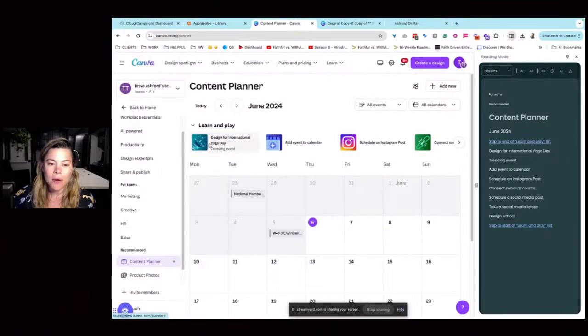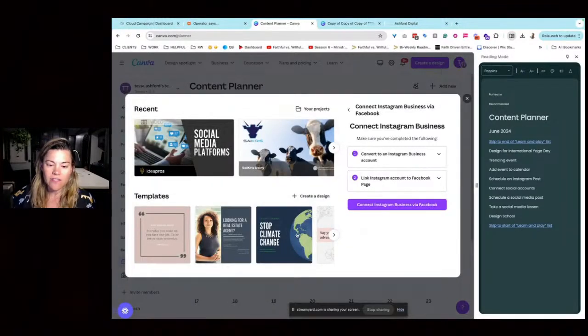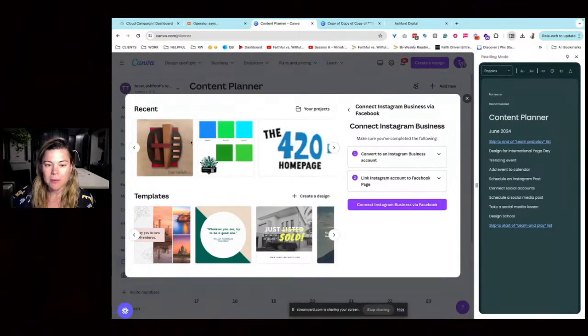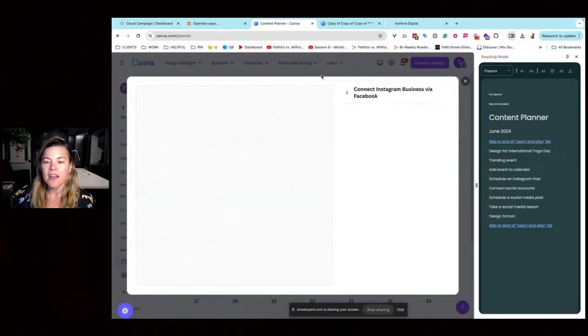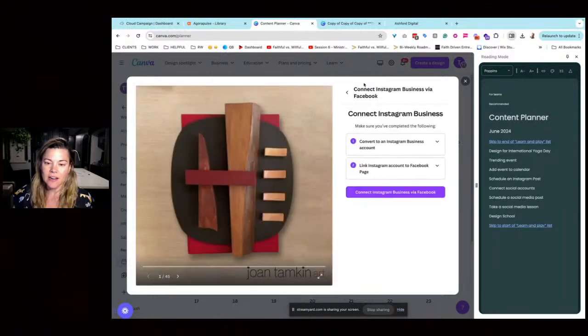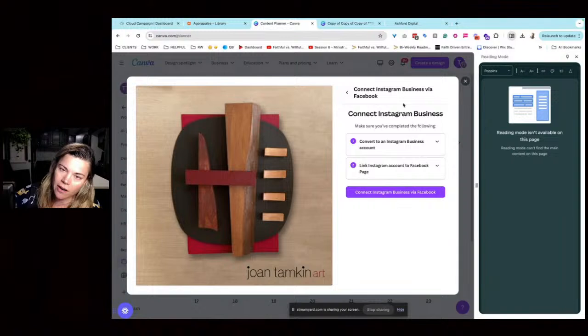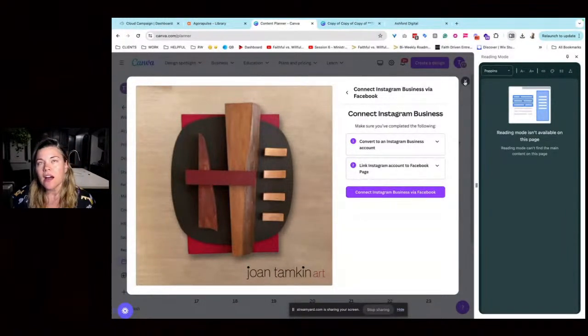But you can post. You can grab your images, or even ones that it's suggesting, and pop them in for a specific date, or click on the date and find the template that you created. These are ones that I have, so I might be able to say, oh, that's the post I want. It's going to go ahead and get it ready. So you do have to make sure you connect your Instagram to it.